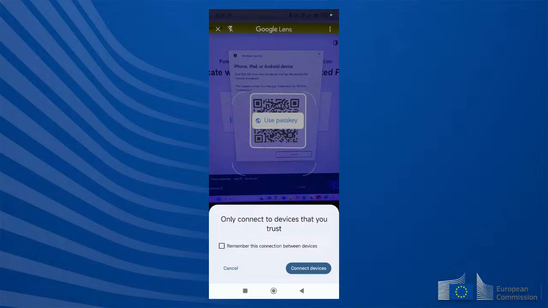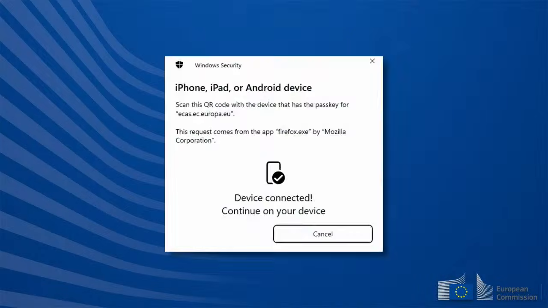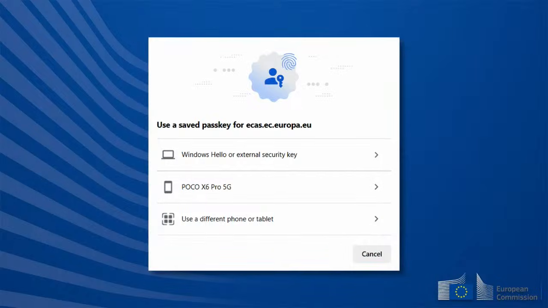Then, tap the security key on the device and select Connect. Once the device is connected, follow the instructions on the device. You could also see your device brand in the list directly. Select it and follow the instructions on the device. Or select the option Different Phone or Tablet to generate a QR code you will scan with the device as described